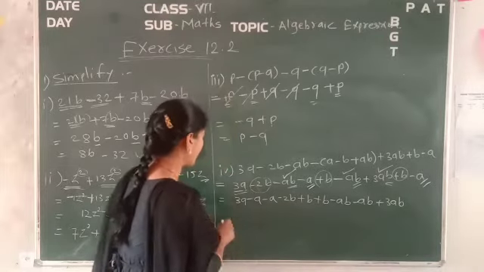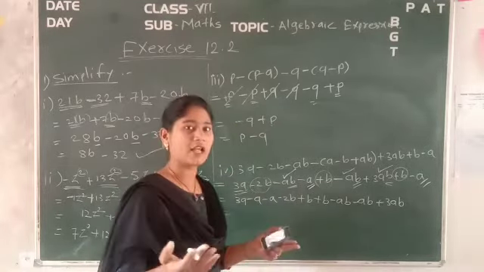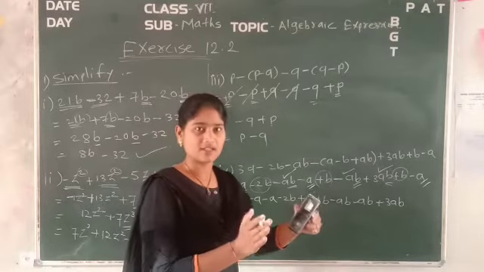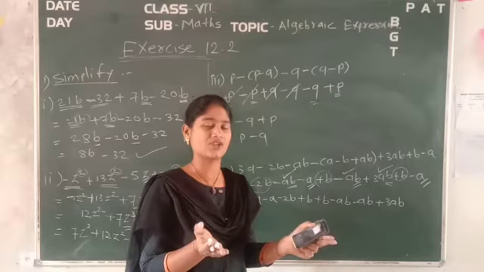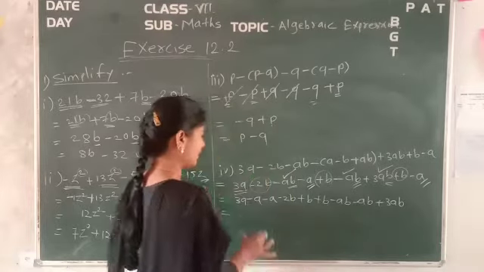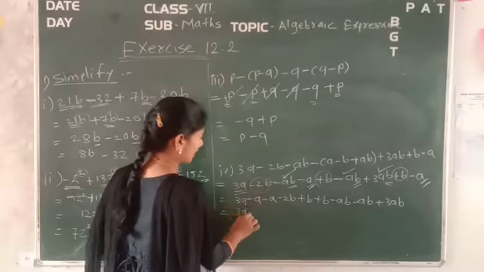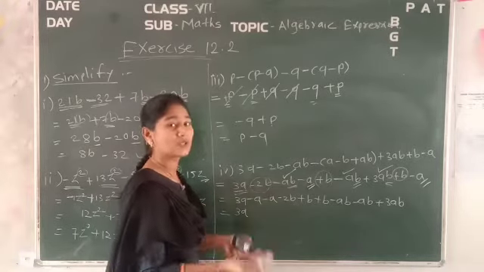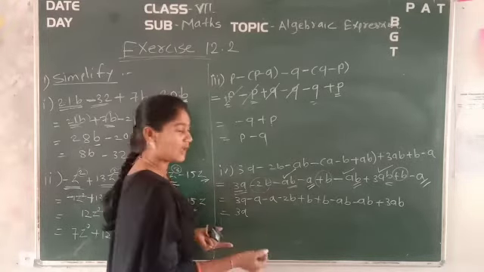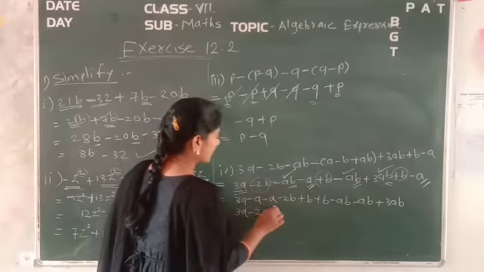Now see what is the next procedure. Now we have to take the constants sideways, or if you understand how we have to do the subtraction and addition, then it's very easy. Here only you can calculate. That is 3a will be as it is, minus a, minus twice a, or minus 2a we can say. So it is minus 2a.